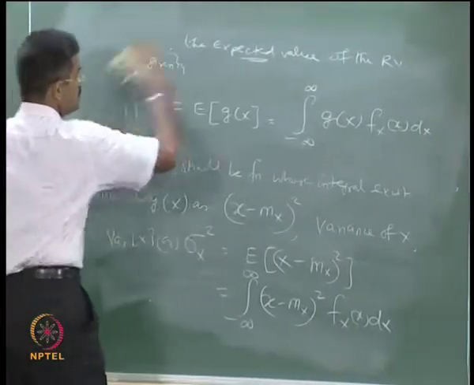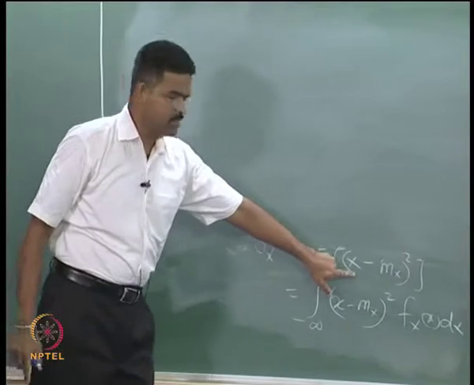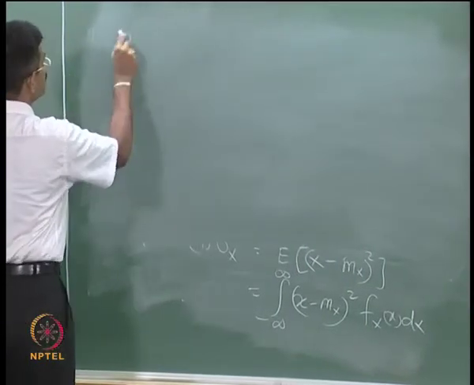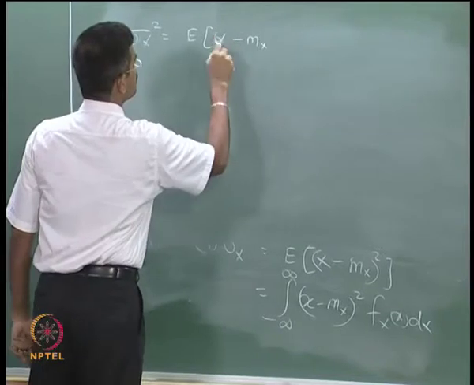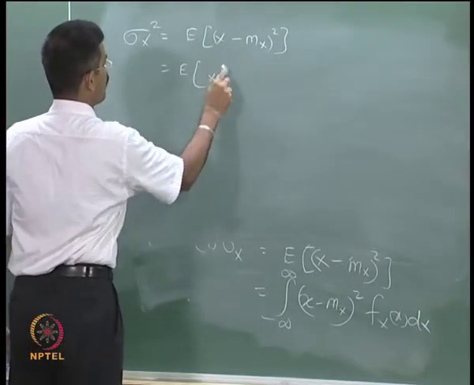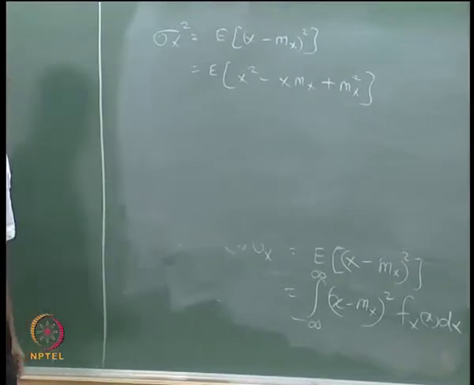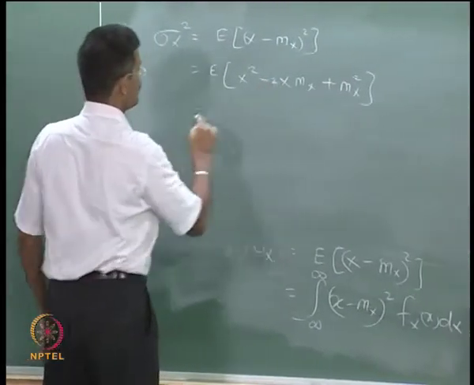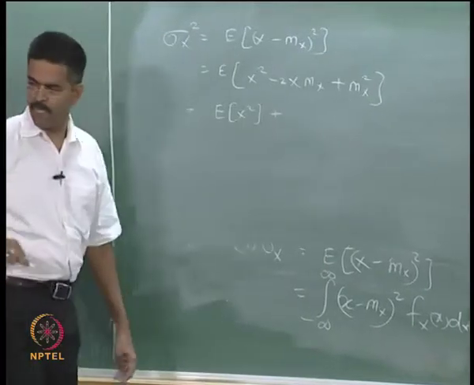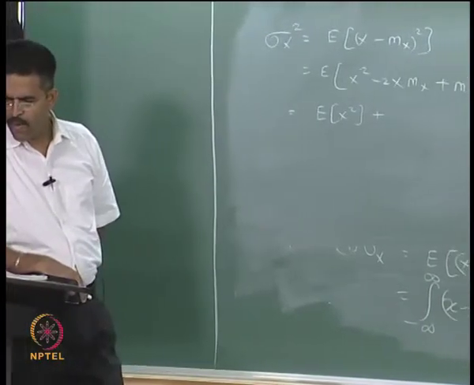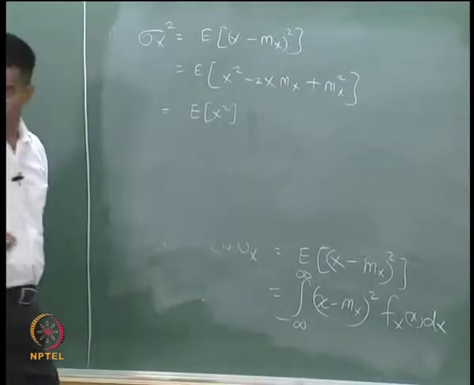So sigma x square from this expression is again the expected value of x minus mx the whole square, which can be separated as expected value of x square minus